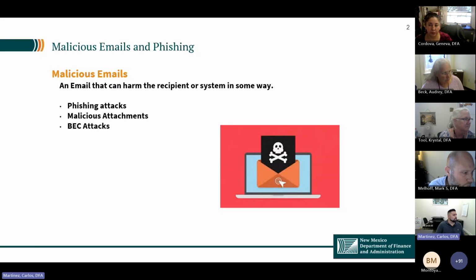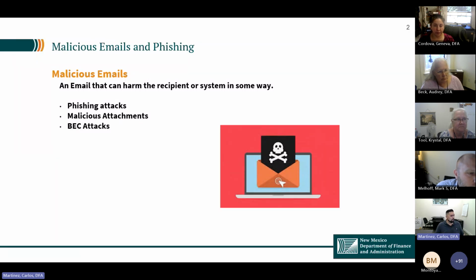But getting back to this, malicious emails can come in different ways. So some of the things that you're going to typically see from that perspective are phishing attacks, but there are different other things that can be sent your way as well, including malicious attachments or BEC attacks. And we'll get into a little bit deeper dive within phishing attacks as well as BEC attacks throughout the presentation.